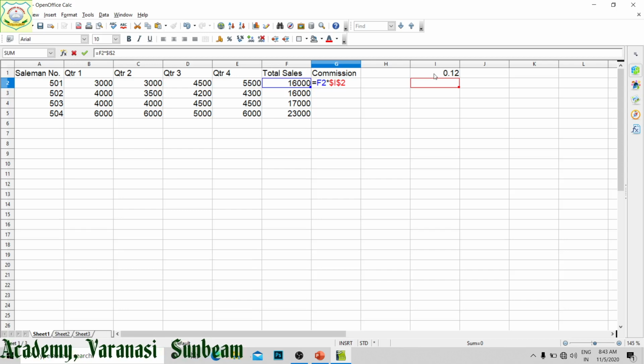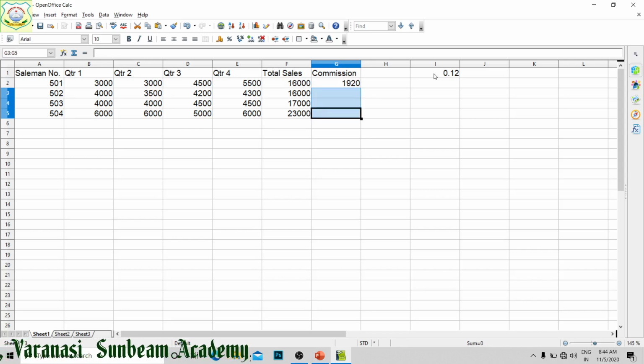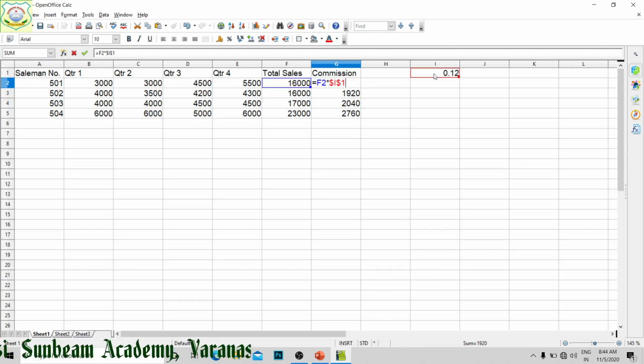Sorry, this is $I$2. 1920 is the commission. Now copy this and paste here. You will see the formula here, the $ part is absolute.